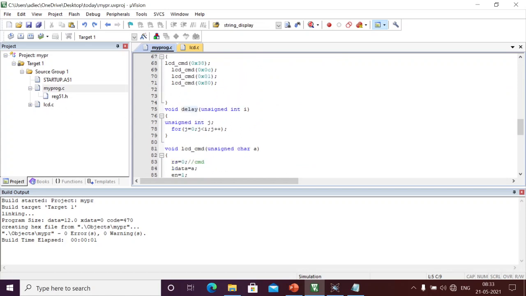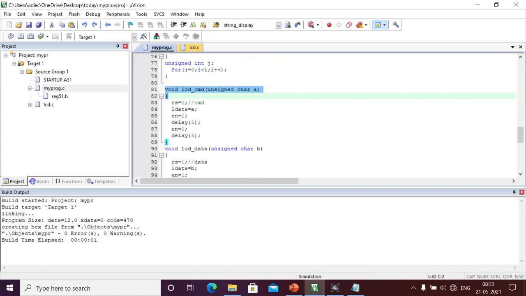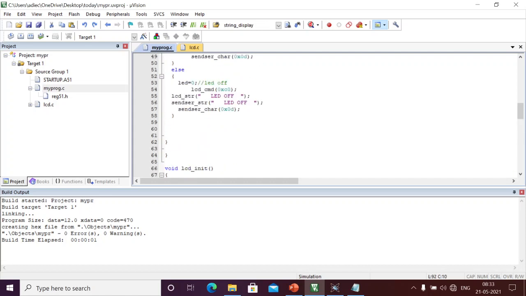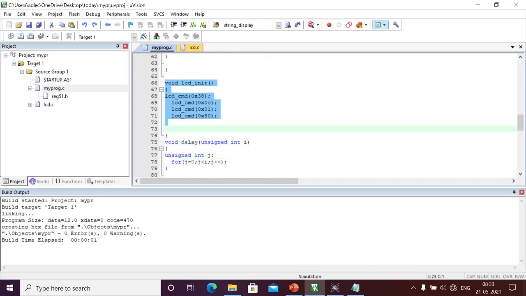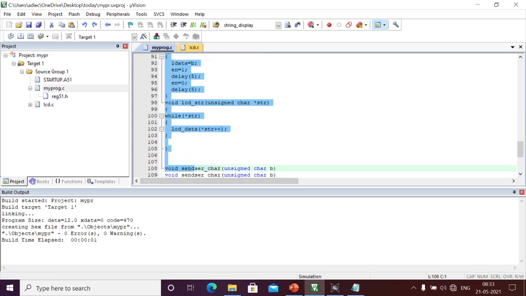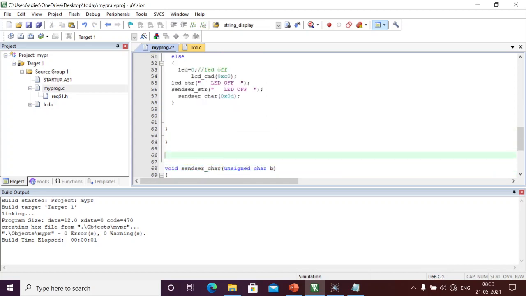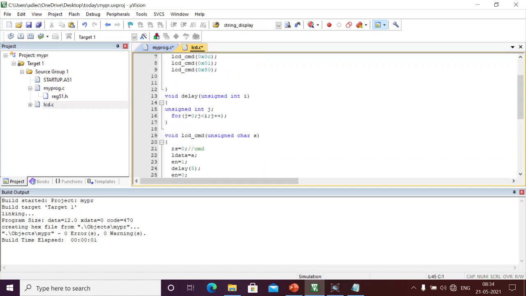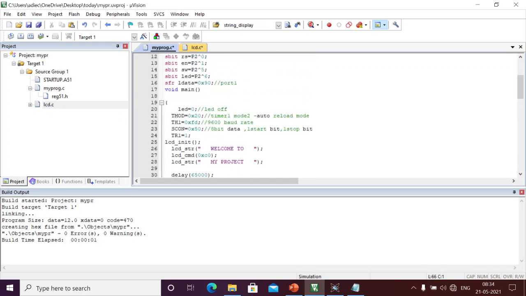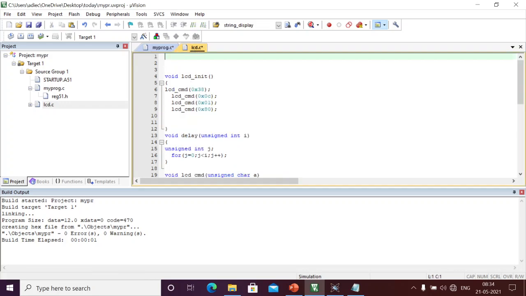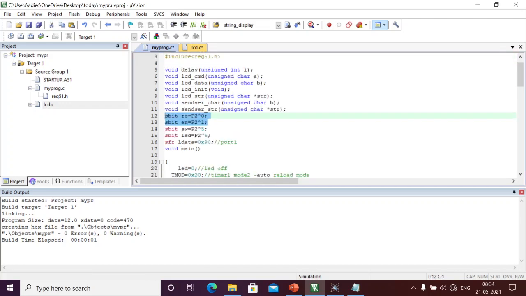In the .c file we should always maintain the definitions of all the LCD functions. Here I am taking all the LCD functions: LCD init is one of the LCD functions, and delay also we are going to move to the LCD, and LCD data, LCD string. Until here I am going to move to lcd.c. All the definitions I have moved to the .c file, and also all the pins we have used in the LCD we are moving to the LCD program. The LCD pins and whatever definitions are always constant.